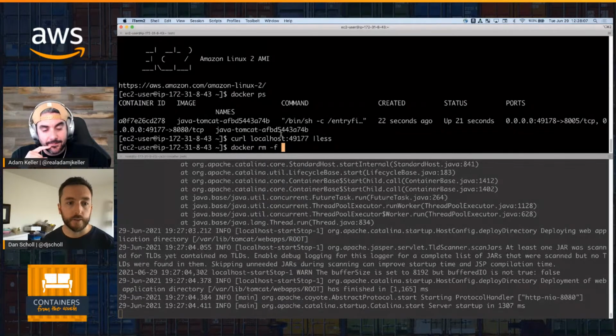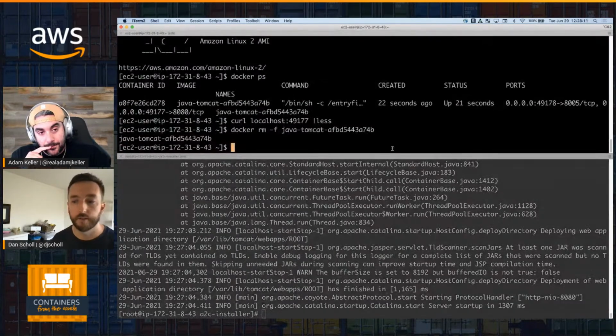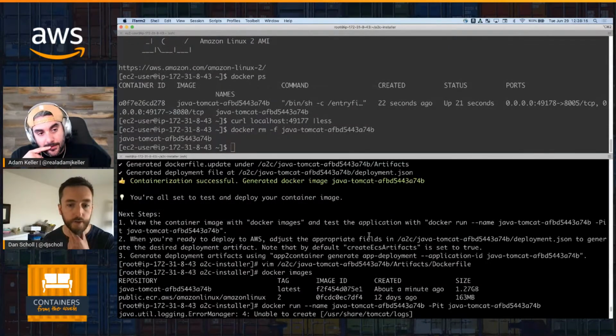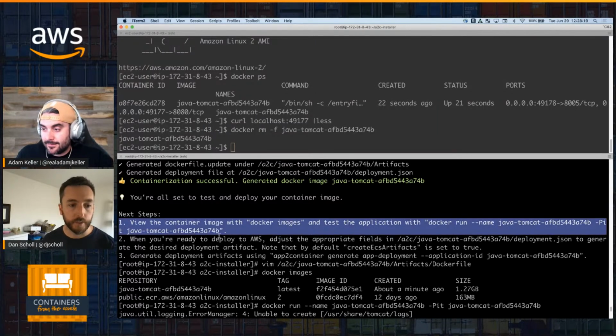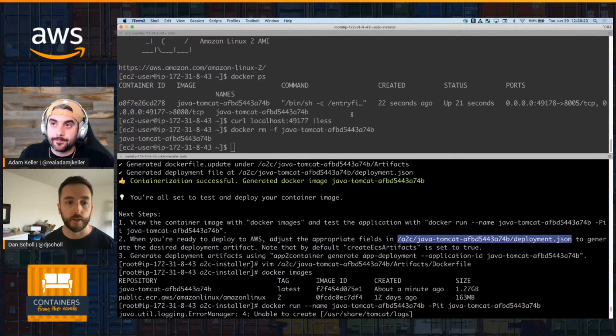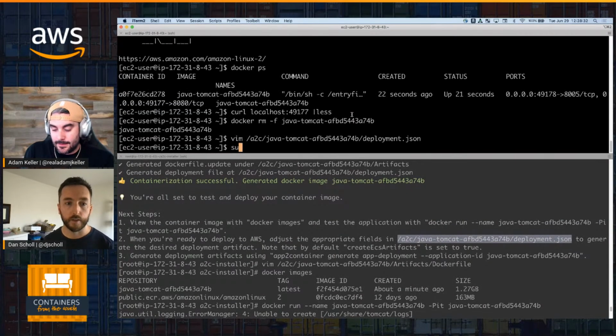So just to clean things up, we can remove that container, and we're now ready to move on to the next step. If I scroll back up to the standard out here, we can see after testing the container, it's suggesting now that we look at this deployment.json file. So again, this is the output of the containerization step and the input to the next step. So if I look at that,